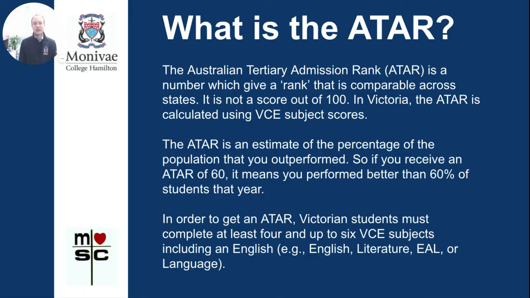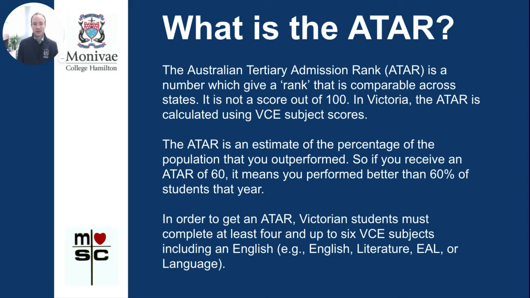The Australian Tertiary Admission Rank, ATAR, is a number which gives a rank that's comparable across the states. Those students will leave with a number between 0 and 99.95. It is not a score out of 100. In Victoria, the ATAR is calculated using VCE subject scores. The ATAR is an estimate of the percentage of the population that the student has outperformed. So, for example, an ATAR of 60 means that that student performed better than 60% of the students in that